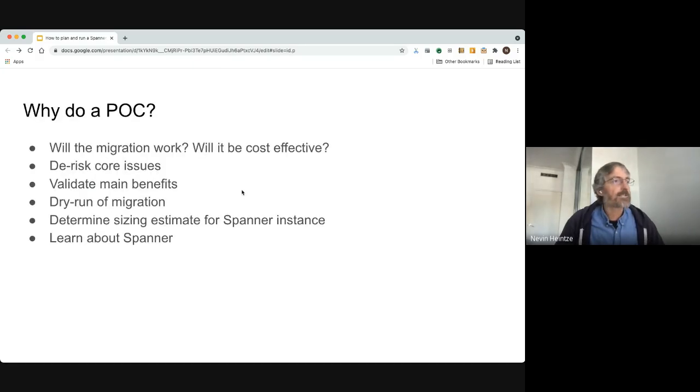And I'm going to start with the core question: why do we do a POC? As I mentioned earlier, in many ways, a POC is an extension of the assessment phase, a kind of in-depth, hands-on analysis. What drives a POC is usually the open issues, items of concern from the assessment. So what you want to get out of the POC is confidence that the migration will work and that it will